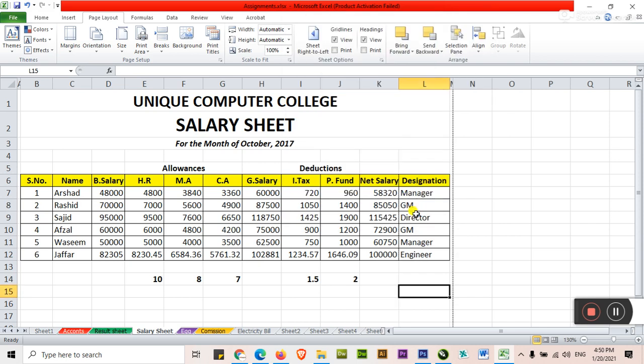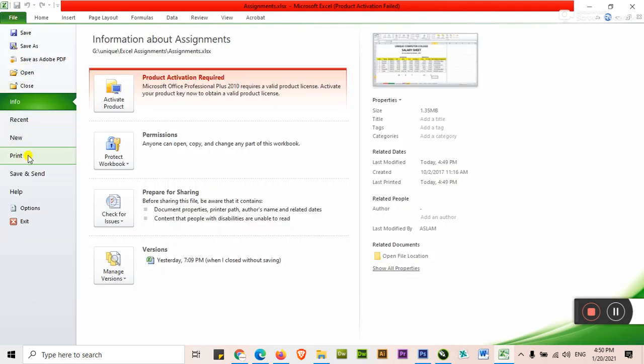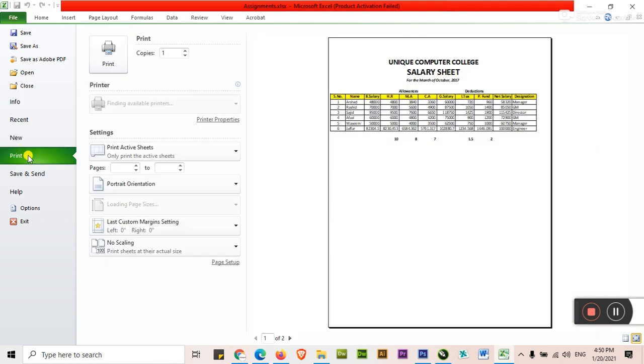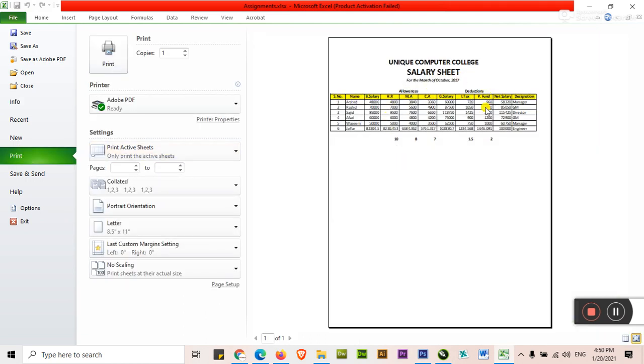Now your dotted line is outside of the edge. Again check File, Print. You are watching that your total columns fit in the vertical page. But I think we should move towards landscape. Vertical is also looking good.